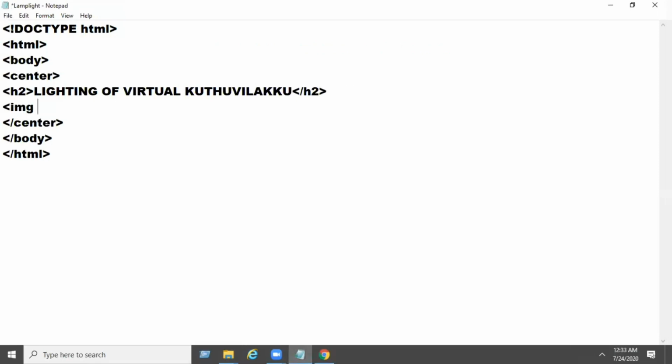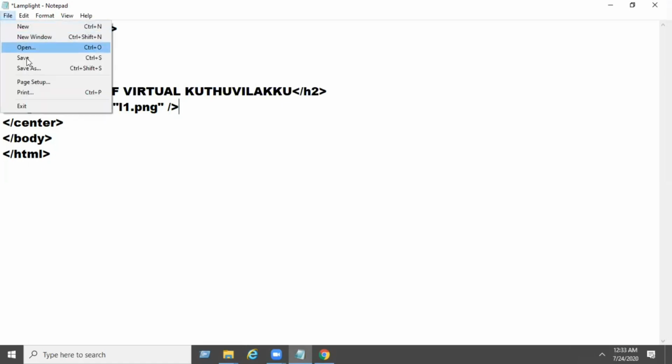Then add an image tag, image id equal to i1, and the source equal to the file name of the image. Here my file name is l1.png. png is a file format.